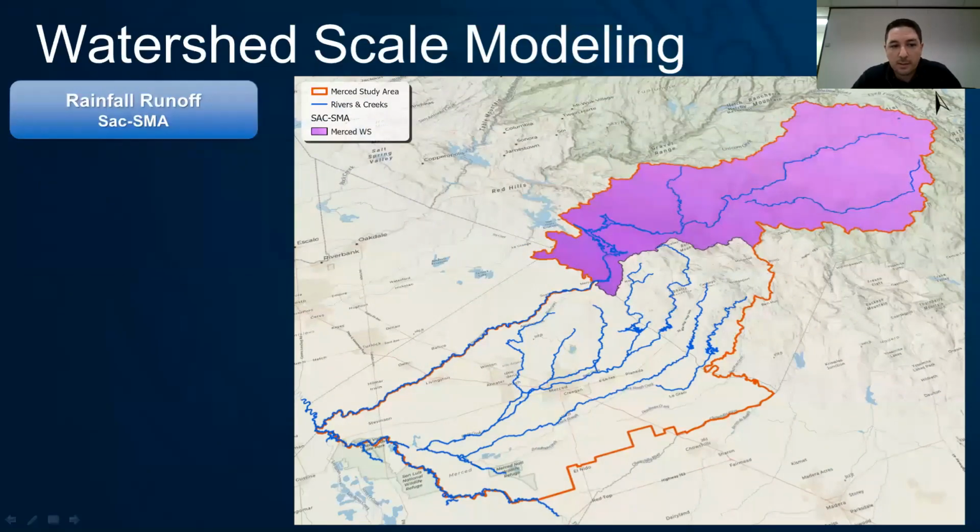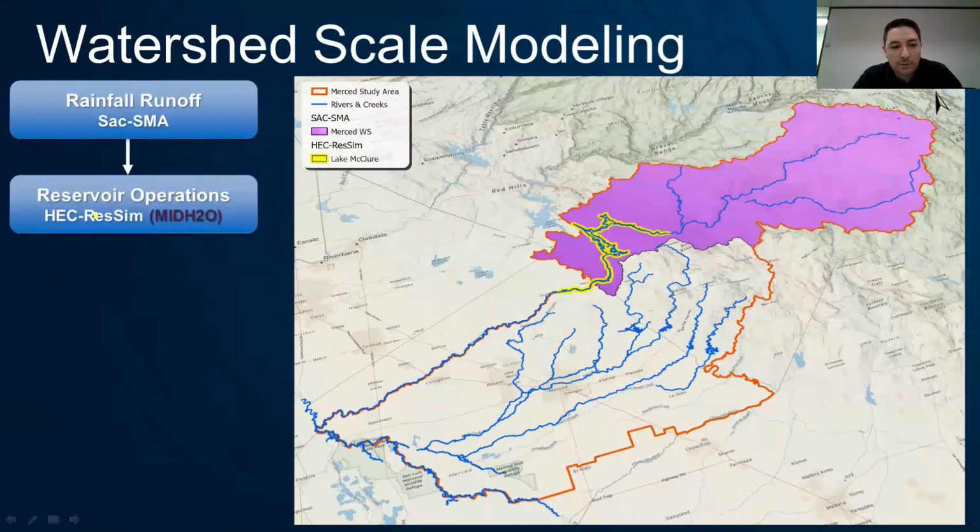So SAC-SMA again is providing our watershed runoff for the Merced upper watershed here into our reservoir, which is Lake McClure. We have a reservoir operations model for Lake McClure. We're using ResSim for that model. This is a model from Merced Irrigation District. It was kind of more of a real-time model. We took that model and we put a lot of work into getting water supply operations, flood operations, snowmelt,